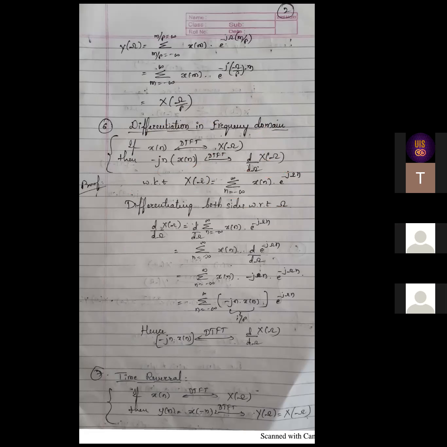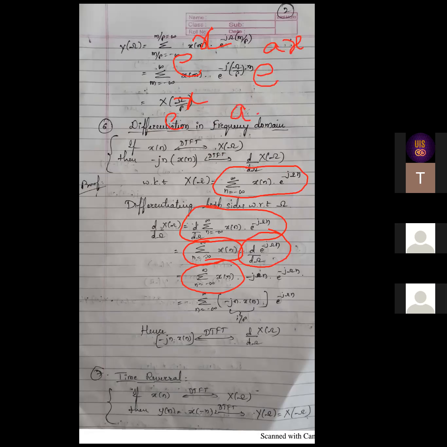If you differentiate this with respect to omega, I have written it here like this. Summation and x of n doesn't have omega terms, so keep it as it is. So omega applies to only the exponential term. So these two terms are kept as it is. What is the differentiation of e raised to x? It is e raised to x only. And what is the differentiation of e raised to ax? It is a into e raised to ax, right? Whatever coefficient we have, that should be multiplied.